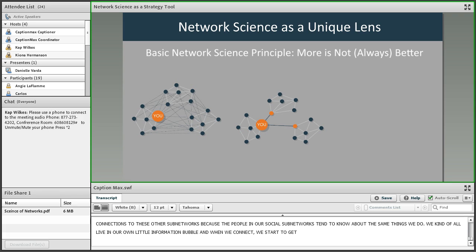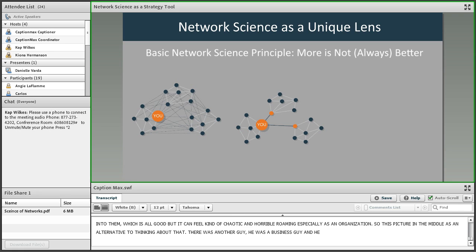We all live in our own little information bubbles. And so when we connect across those social sub-networks, we start to get information that's diverse and things we didn't know about. So he called that the strength of weak ties, and that's been an amazing revolution in how we think about networks and why we find them valuable and can justify why we think we should put resources into them, which is all good, but it can feel kind of chaotic and overwhelming, especially as an organization.